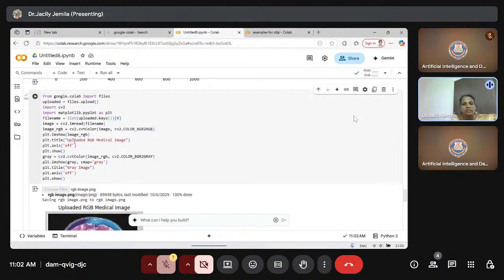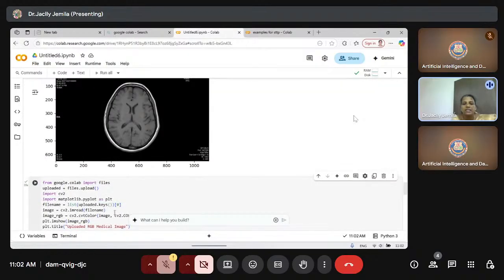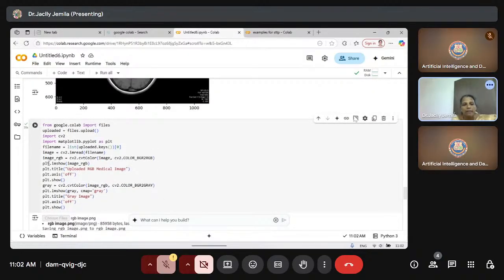So here what is the difference in displaying this RGB image and this grayscale image? Here the color map we should use gray for grayscale image and